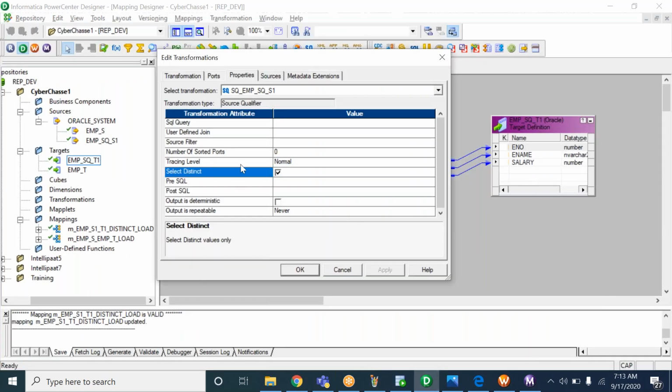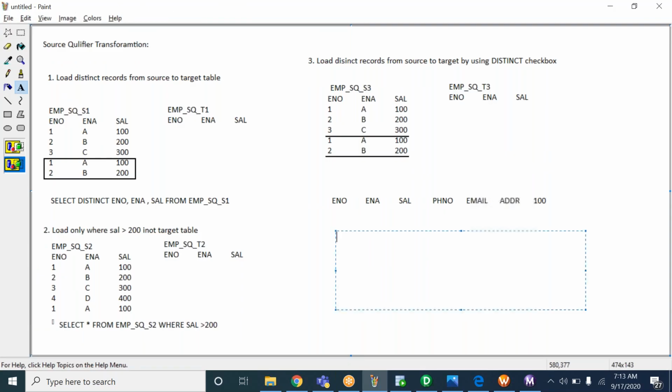If you enable the Select Distinct checkbox, then at runtime it will write a query like this: select distinct star from source table. Star means how many columns will it select? If there are 100 columns in a table, how many columns will it select here in distinct? All the columns, right? All 100 columns. That means it will do the distinct on all 100 columns.